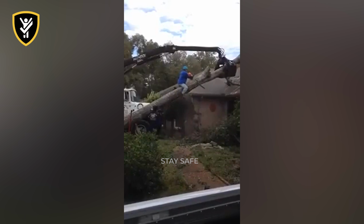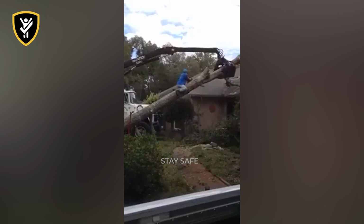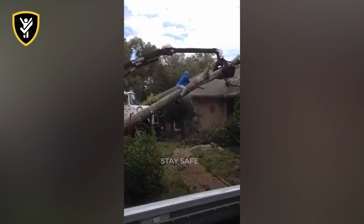On a logging site, a cutting operation releases stored tension in a leaning tree trunk, causing the timber to move with substantial stored energy force. Workers must not position themselves on the release side of a tension load, especially when cutting tension timber or managing